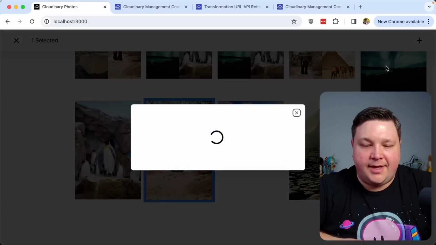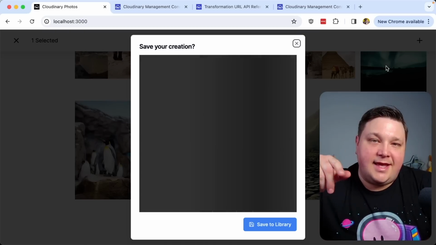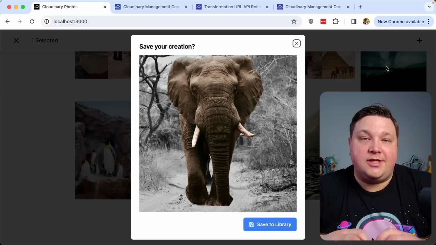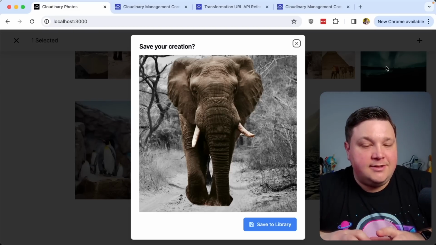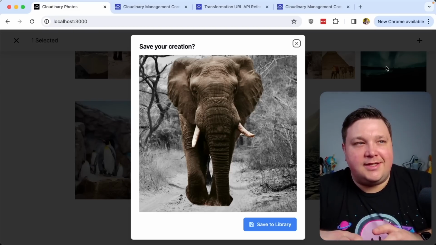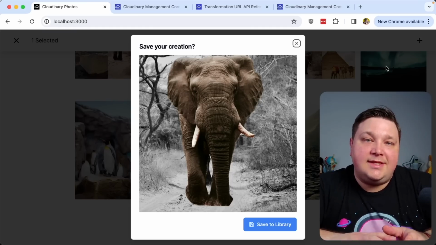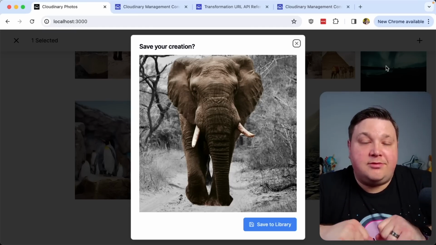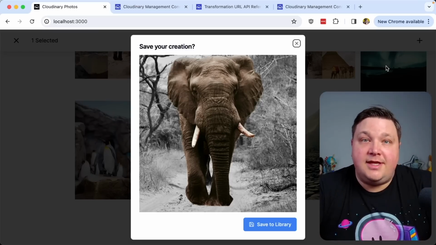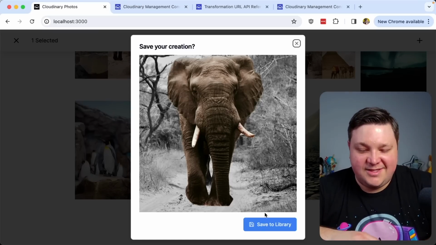I'm going to hit color pop again, and we see that we have that nice spinning animation before the color pop actually comes up. So we're indicating that it's currently loading, and then we get the second loading indicator, which maybe we can reduce that a little bit in some way. But either way, we're able to get that experience where we're showing that it's processing before it actually gets to the image itself. But then, of course, I think I like this one, so I'm going to just save this